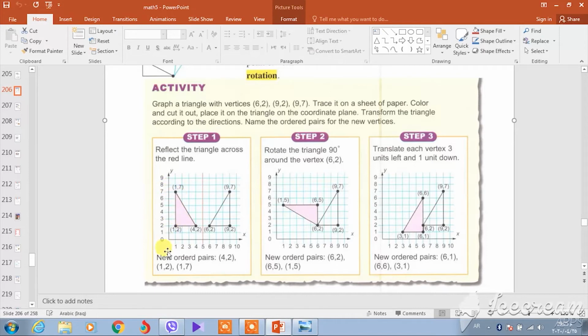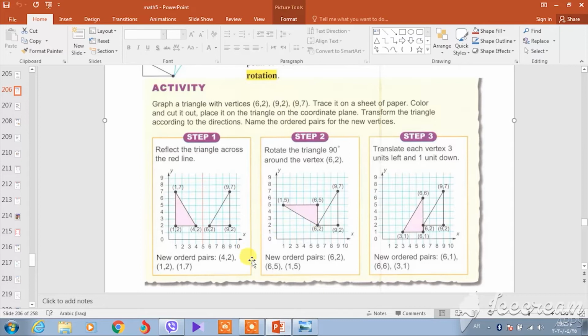After we look, we have a triangle also, but reflected. Why? Because if we make a straight line, a line, we have a reflection. Reflect, students. We have a reflection because if you look at this triangle, it is the same shape and just reflected. Not rotated. We have the original shape here, students.